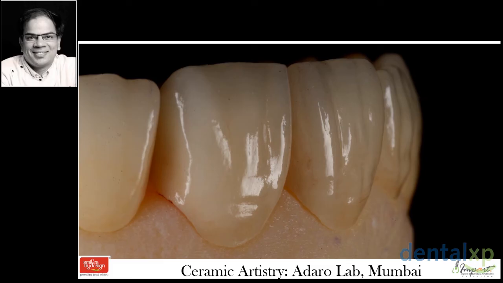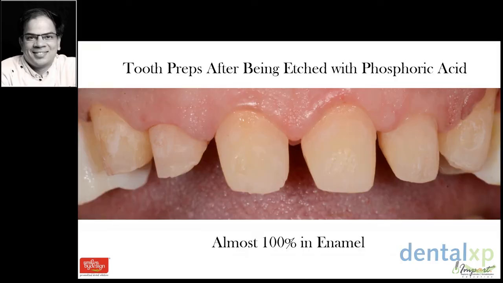When I call the patient back around 15 days after taking the measurements, I am now good to remove these provisional crowns and look at the teeth underlying them. I realize that there's some remnant of resin which can be removed with a number 12 blade. I have beautiful tissues here to bond to, and I've got almost 100% enamel on all the teeth. So I started with the treatment plan, and at the end of my treatment, at the delivery appointment, I'm in 100% enamel. That's the great thing about this protocol. It's systematic, it allows you to be conservative, and does not allow teeth to be damaged in any way.